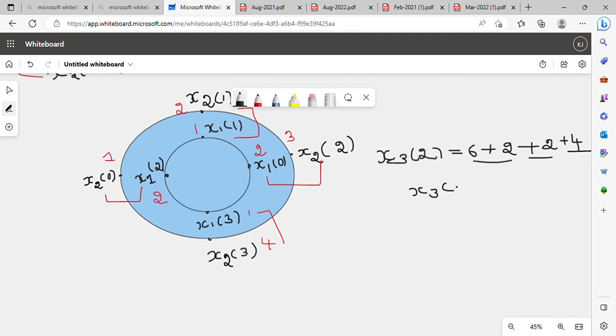Just a minute. Yes, I got 14, right? Yes. So now I'll take one more thing over here, that is x3 of 3. For x3 of 3 I need to substitute m equal to 3. So if I substitute m equal to 3, let me do that also fast. So it is the sum over n equal to 0 to 3, x1 of